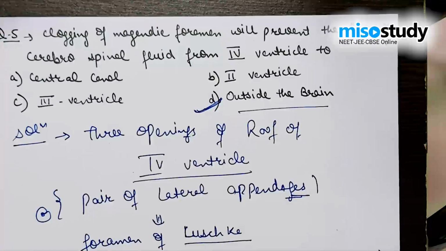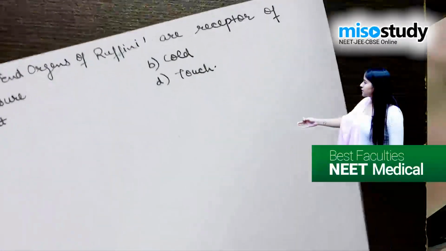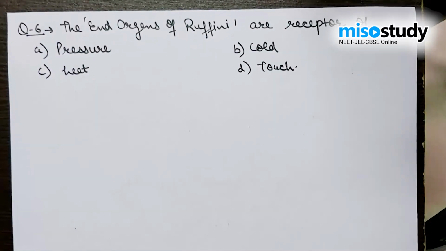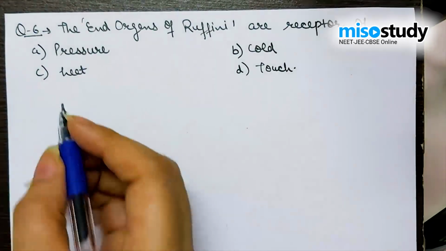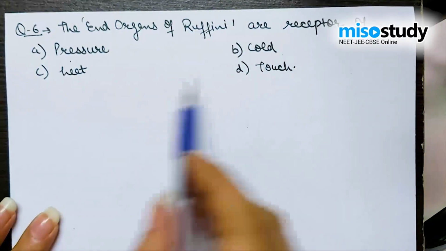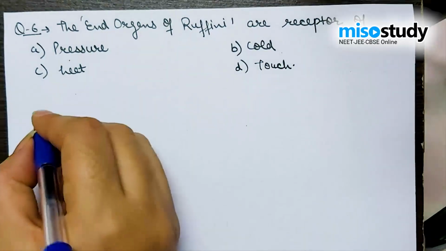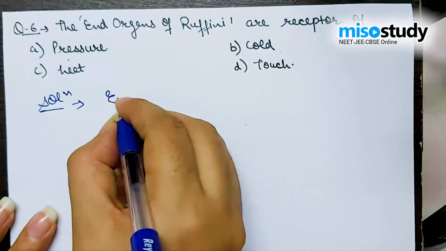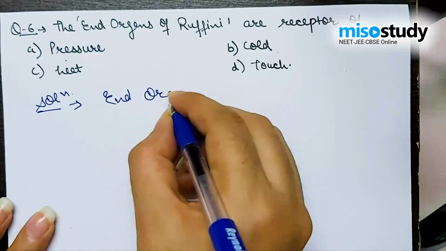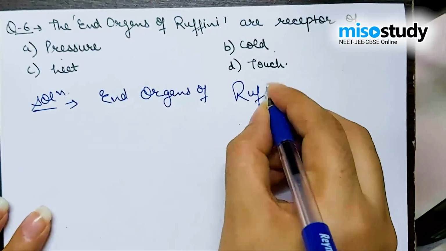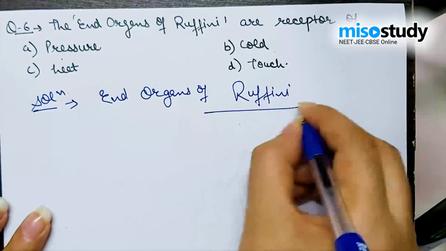Let's discuss the last question from the same section: the end organ of Ruffini are receptors of what? Pressure, cold, heat, and touch. To find out the solution of the given question, we all know that end organs of Ruffini are